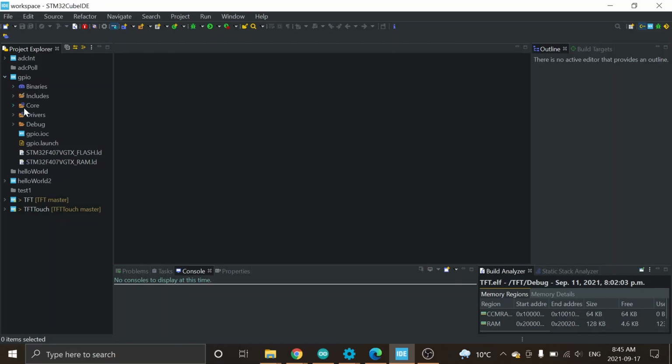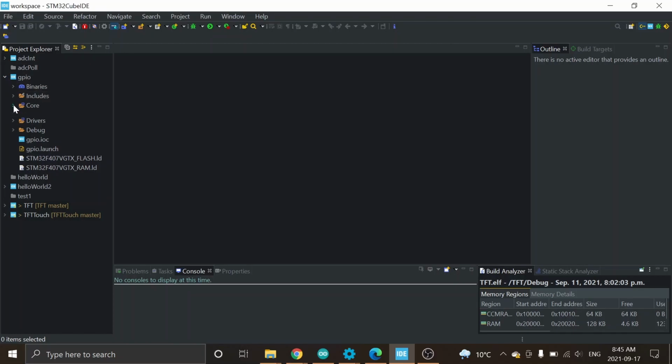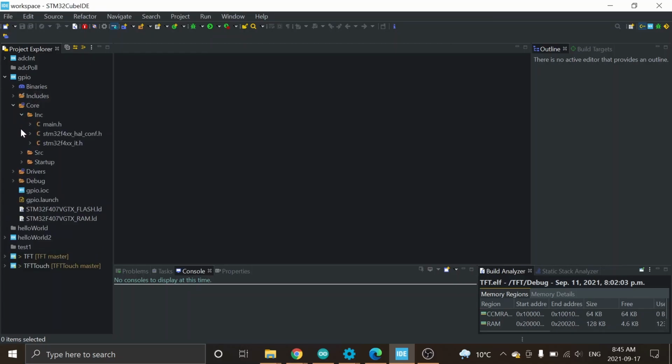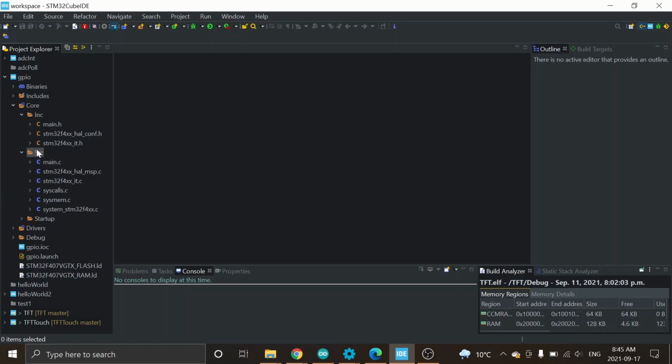Okay, we've got GPIO and we've got core. And under core, we have our include and our source. And we also have something called startup. We looked at some of these different files last day. If we double click and look at startup,